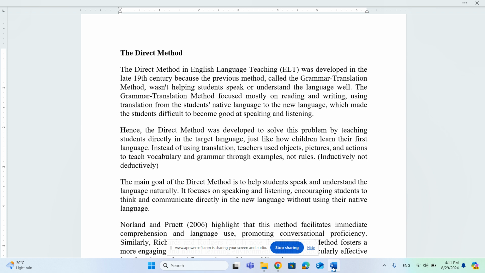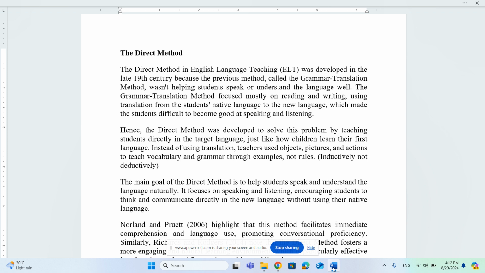It means the way children learn their first language, in the same way students will learn the second language. That is the assumption of this method. And it says that students must be engaged in the same language which we are teaching to the students. So the direct method says that instead of using translation, teachers use objects, pictures, and actions